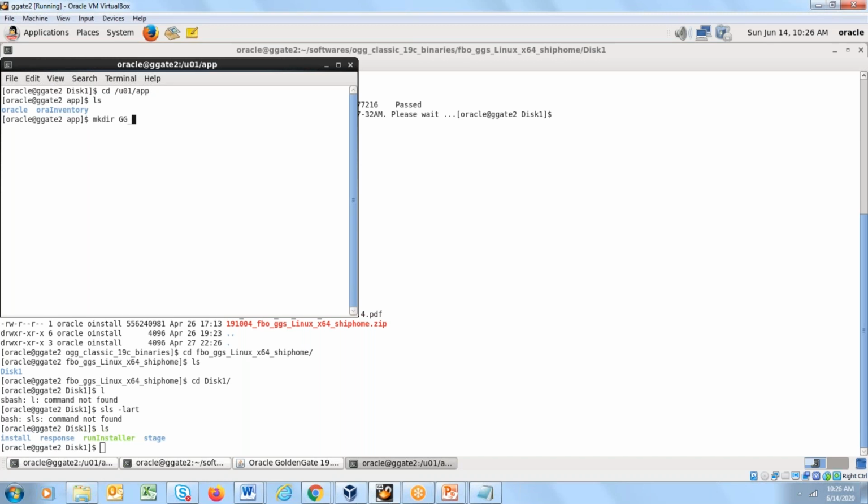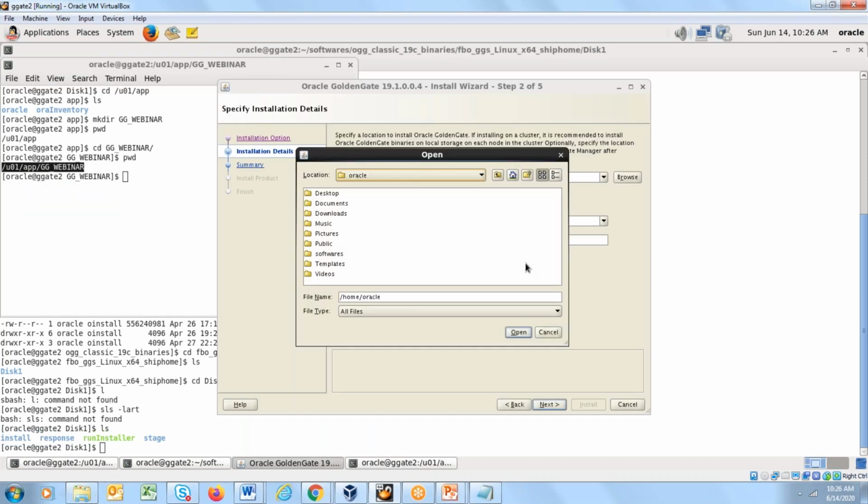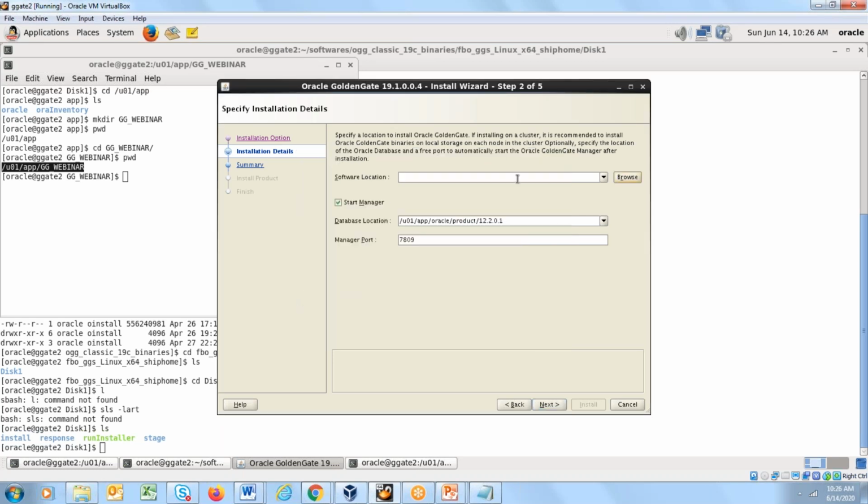GG_webinar. Okay, so I'm creating a directory. I want Golden Gate to be installed in this directory, so I'll provide this location over there. Copy. So Golden Gate will be installed in this location, u01 app GG_webinar.